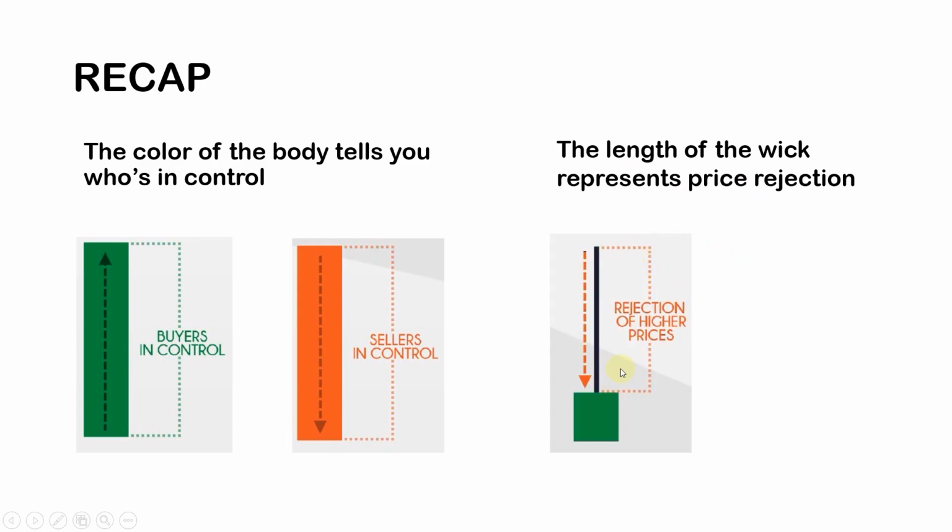So if you see this downward hammer, or shooting star candle, right? This is a long wick. This means the higher prices are rejected, and there is a huge possibility that the price may fall even more. Opposite to this one is the hammer candle. A hammer candle shows you that the lower prices are rejected, and there is a high possibility that the price from here will move upside.